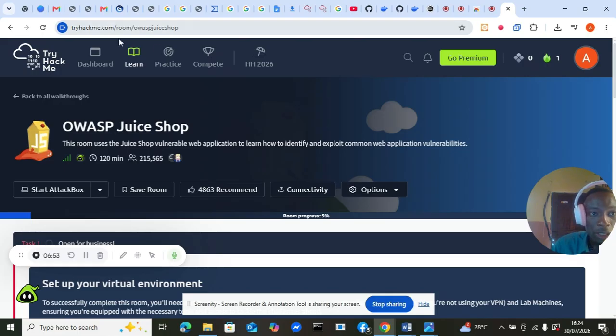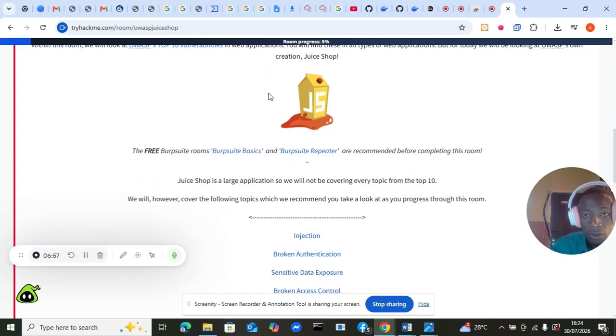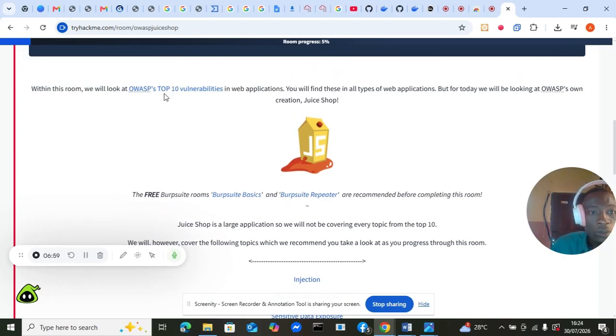So they say within this room we will look at the OWASP top 10 vulnerabilities in web applications. You will find these in all types of web applications. When we're talking of web application, we're talking of website. Today we'll be focusing on OWASP Juice Shop. This is a website, and this class is telling us about different vulnerabilities that a website can have.